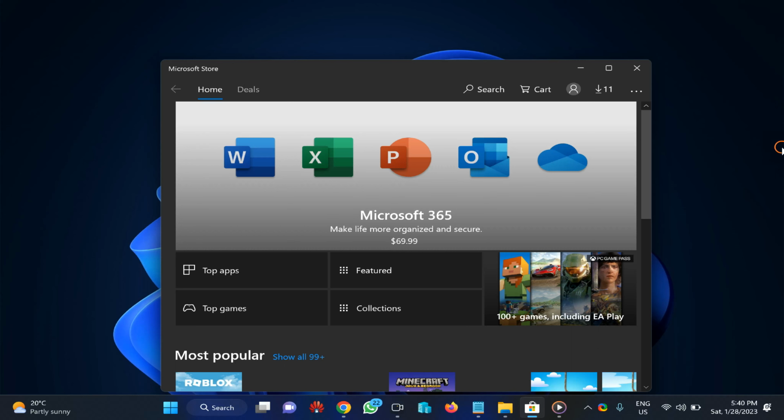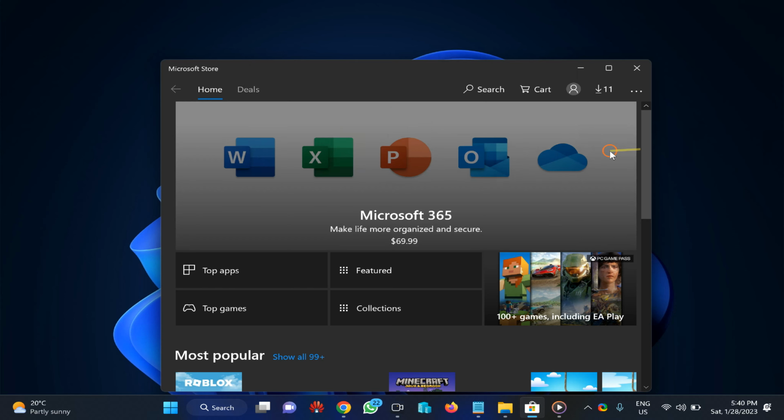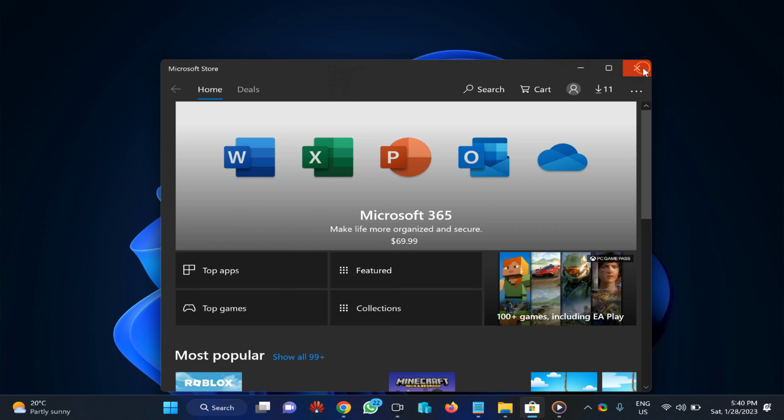Hello everyone, in this video we will guide you on how to install or uninstall Microsoft Store on your Windows 11 machine. So in this Gear Up Windows you will learn how to install and uninstall Microsoft Store on Windows 11. For that I will use one command to uninstall. I will show you first how to uninstall Microsoft Store from your Windows 11 machine if you don't